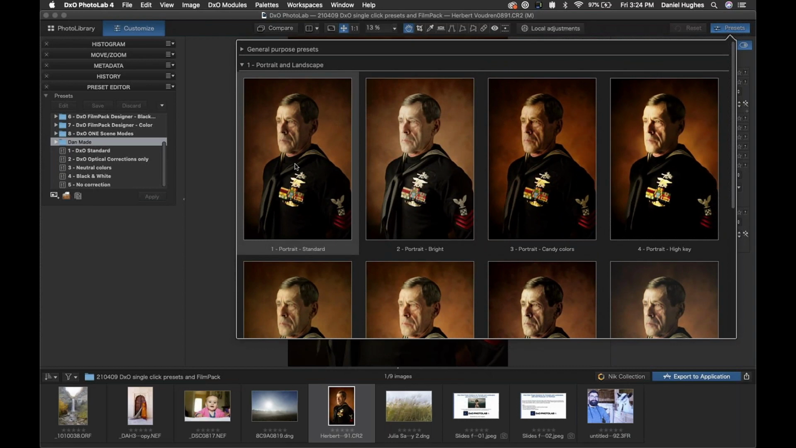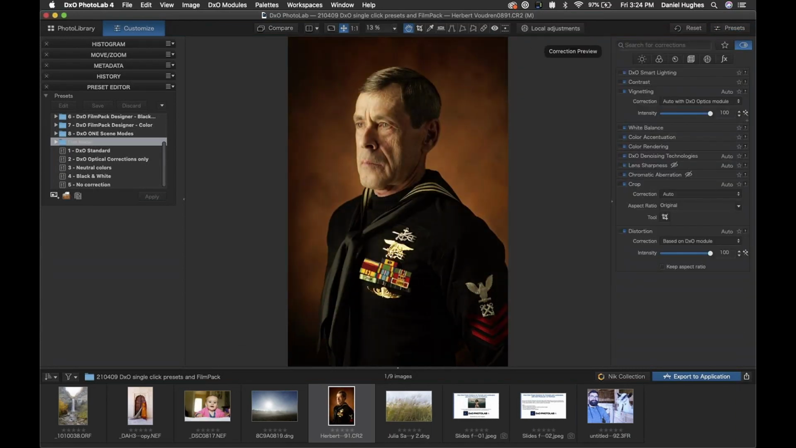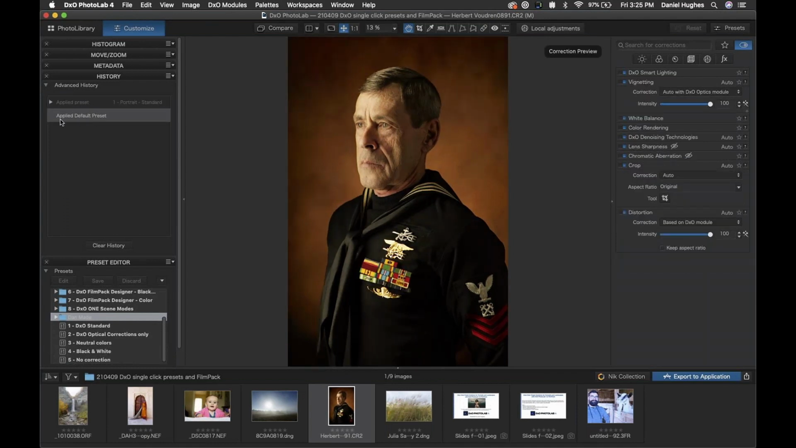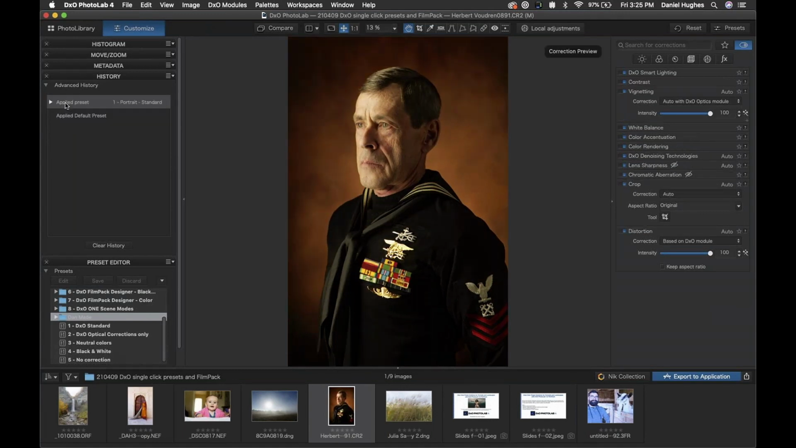So I'm going to go with the portrait standard preset, and as I click on it, it'll take a second, but you can see it kind of snaps to, right? And in fact, if you follow me to the left-hand side of the interface into the history, you can click on and see the difference between the two. So over here on the left side where it says apply default preset, that's the magic that DxO PhotoLab 4 does automatically. If I click on here, this is the